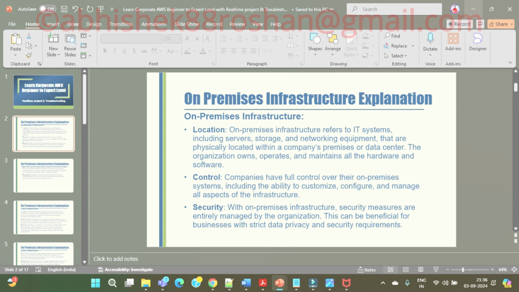That is what is written here also: on premises infrastructure refers to an IT system including server, storage, and networking equipment that are physically located within a company's premises, right? So everything is managed by that particular organization, or a data center. It has to build a data center, and the organization owns, operates and maintains all the hardware and the software.